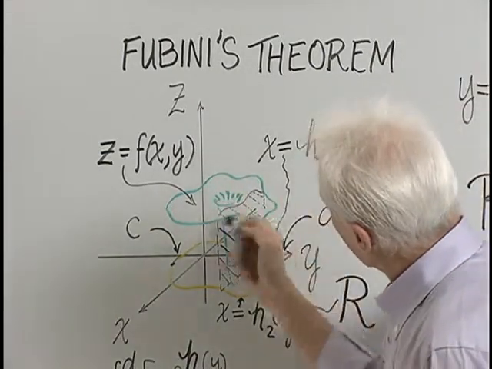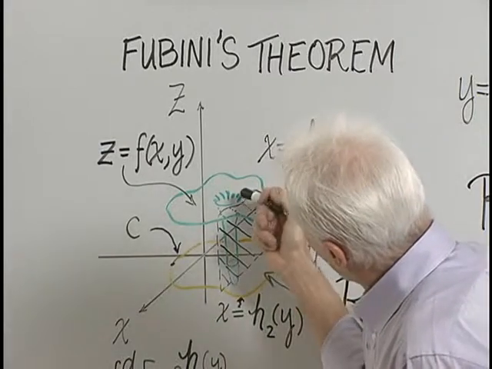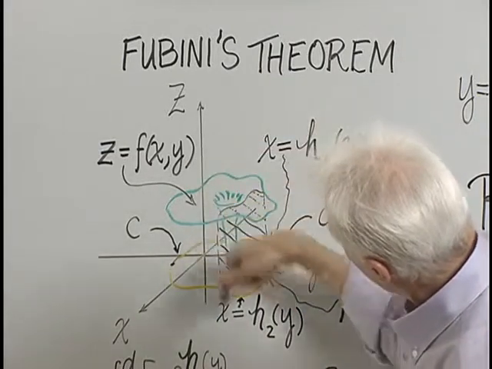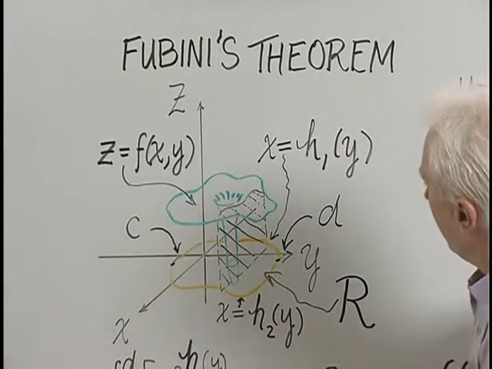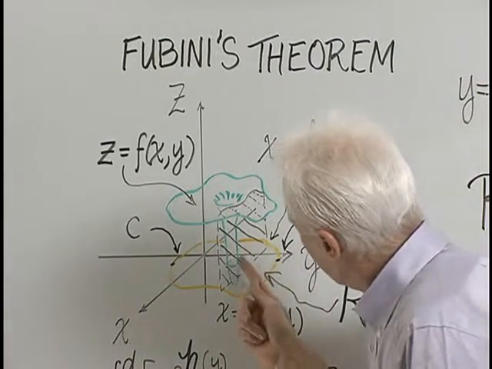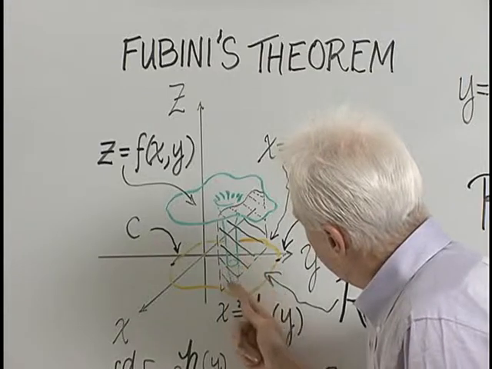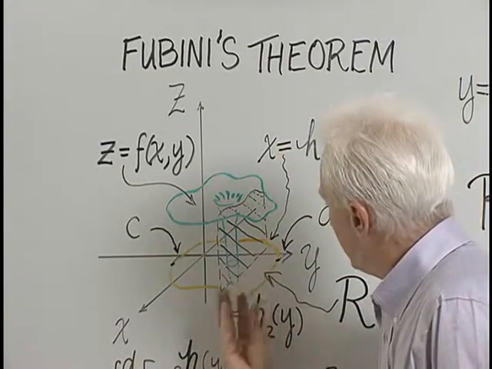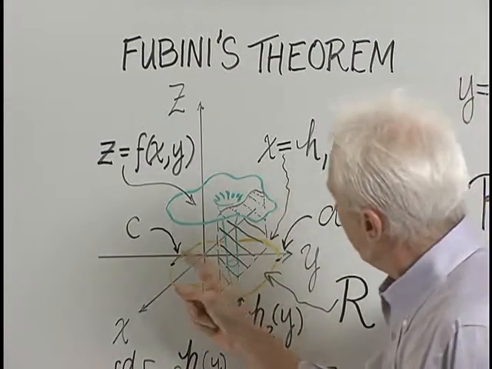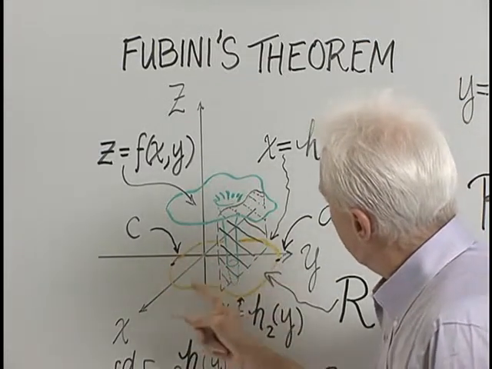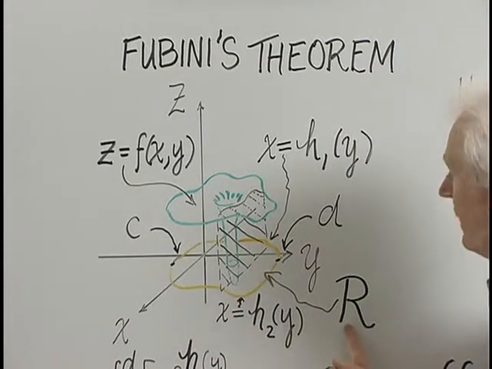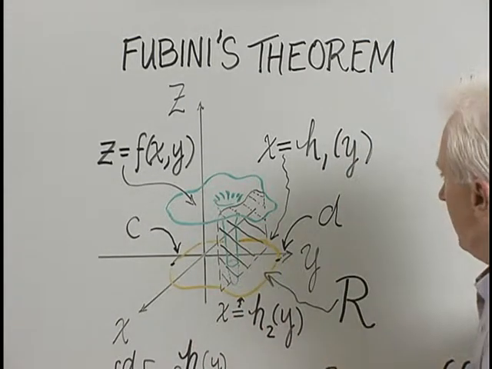For instance, as you see in this picture, what we've got here is a depression in the surface which actually pokes down below the xy plane, which I've indicated with a little dotted curve here, outlining the way the surface dips down below the xy plane. The yellow curve is the boundary of the region capital R over which we want to integrate the function f